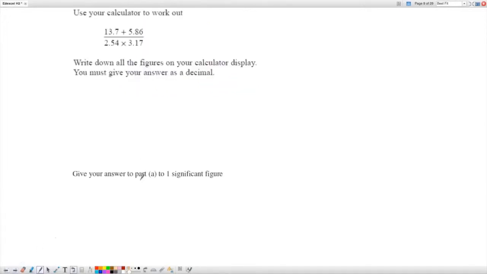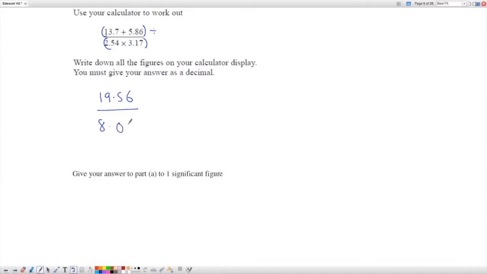We need to use our calculator to work out the following calculation. We can simply put the top calculation in brackets, press divide, and put the bottom calculation in brackets. That will get us straight to the answer. Alternatively, you might want to work out the top separately. You get 15.56,